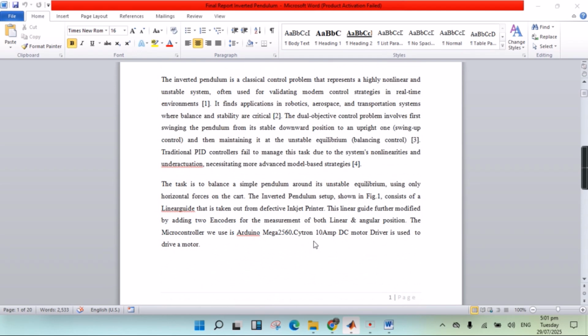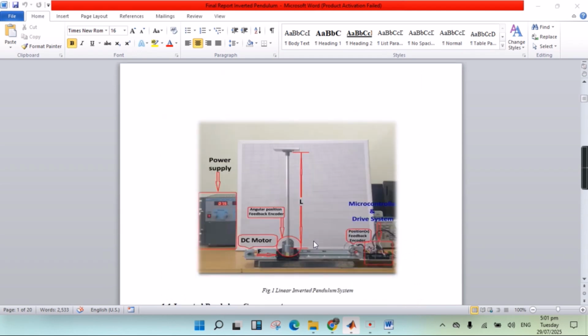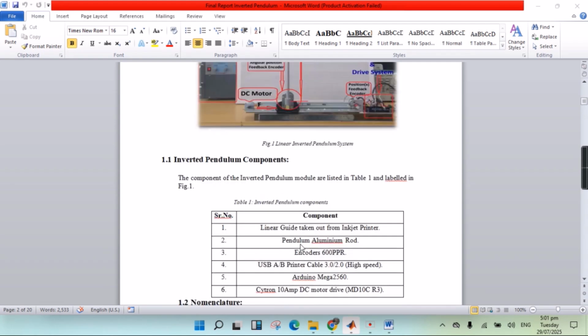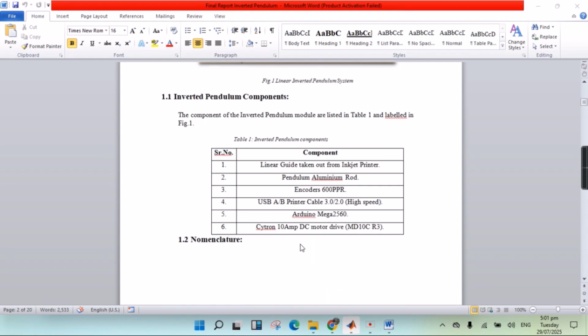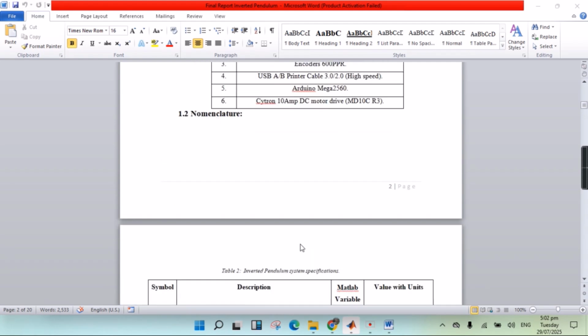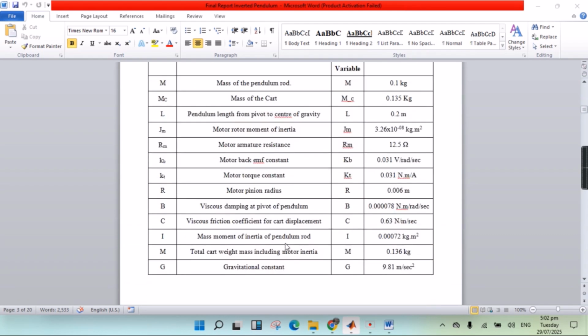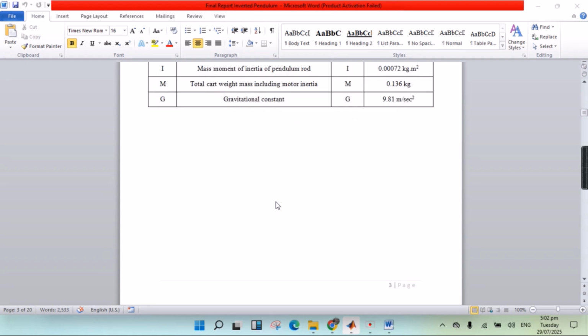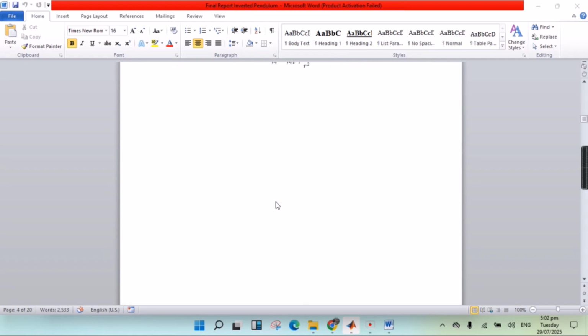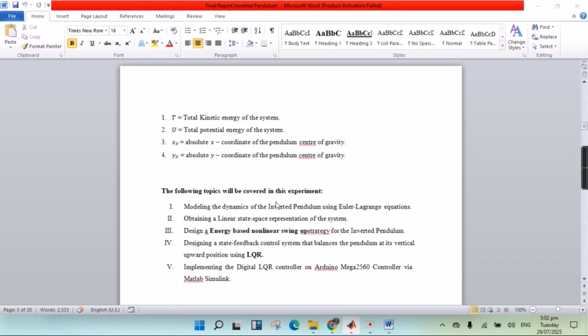and the inverted pendulum setup is shown in this figure, which basically contains the power supply, angular position feedback encoder, DC motor, microcontrollers, drive system, and everything. Okay, so I have written the complete component details here, the nomenclature, the complete table for the nomenclature, and the results for